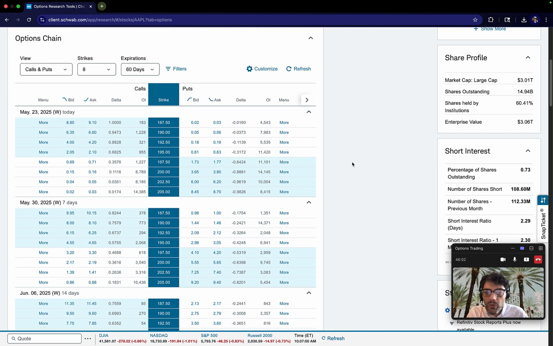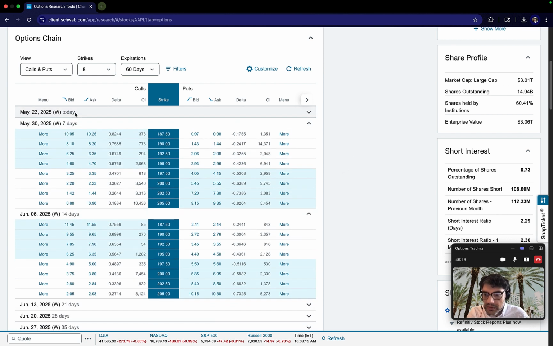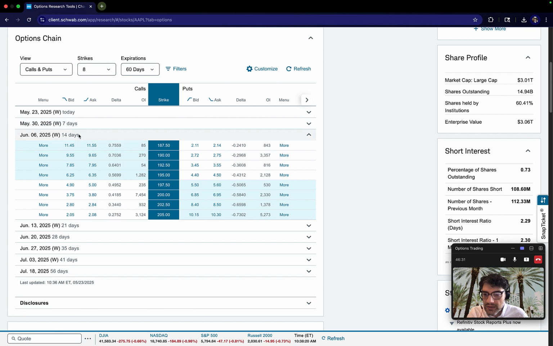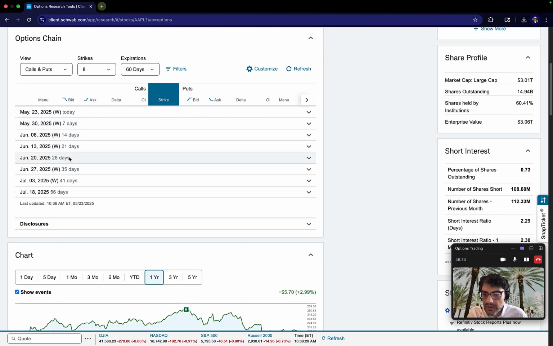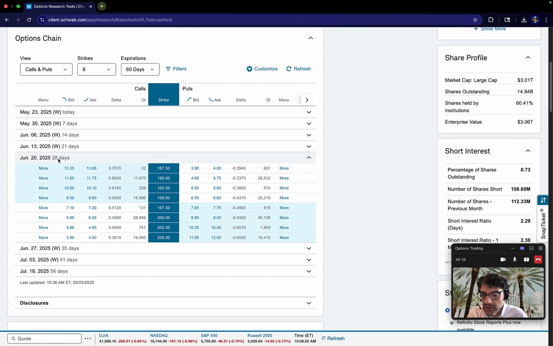So what sort of deltas do we want to be looking at? Well, it's really up to you and your strategy, but what I typically tend to do, if I'm just doing cash secured puts, is look somewhere around the 30 delta or so. That means that there's a 30% chance of that option expiring in the money. I'm not going to look at 7 days, or even 14 days, and I want to look at the 28 days. Again, this is really up to you and your strategy, but